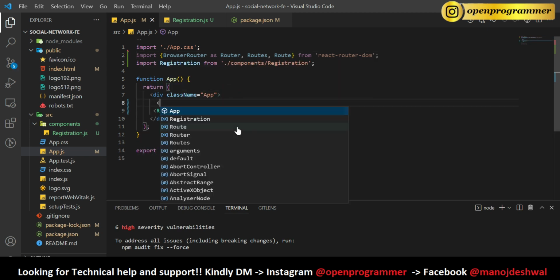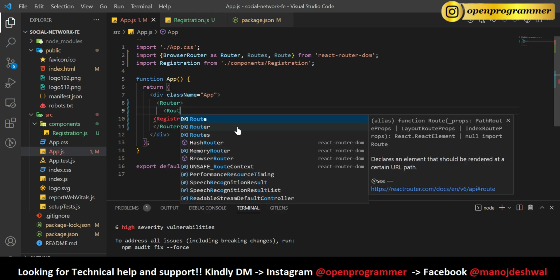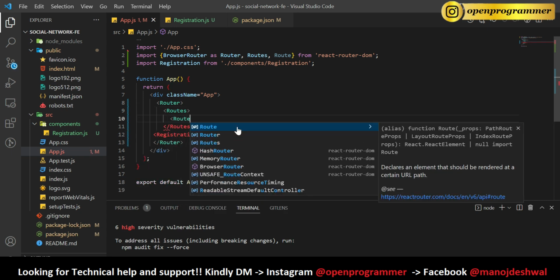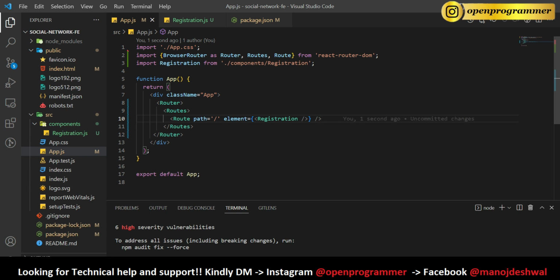So here, first Router, and inside this we will use Routes, and inside Routes we'll create a Route. So Route path this, and element is this Registration. Same. Let's also create one more route for login,